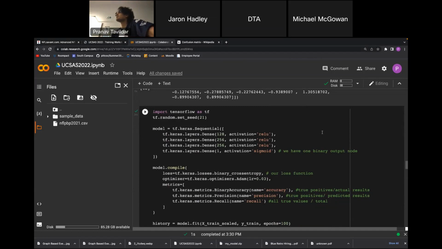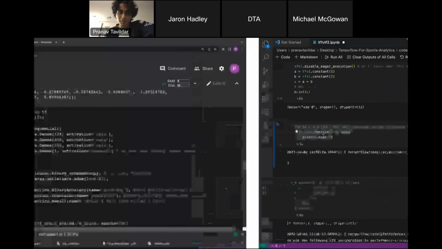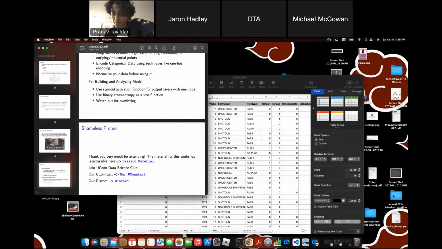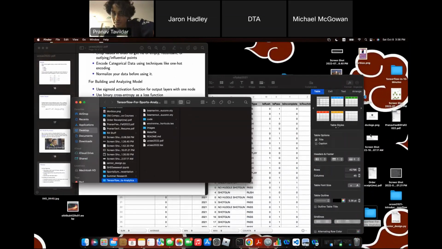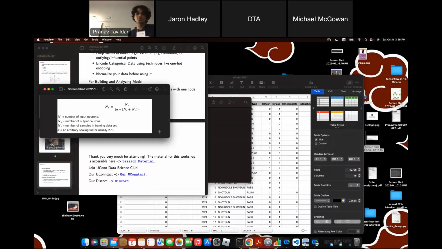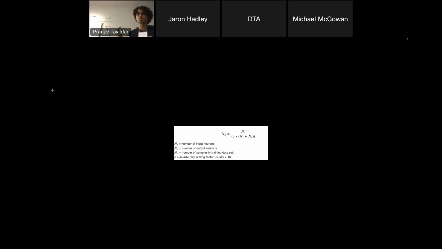Okay, that's a good question. If I can be honest, I sort of chose it randomly for this point, because for the hidden layers, it doesn't matter too much. But there's a formula that people suggest. Let me see if I can find it. I think it's probably in the images. Yeah, this is the equation. They suggest that if you use the number of input neurons, this equation will give you a good amount of neurons for the hidden layers.